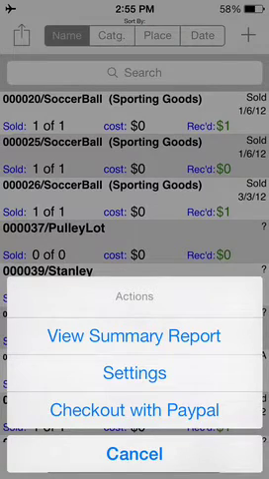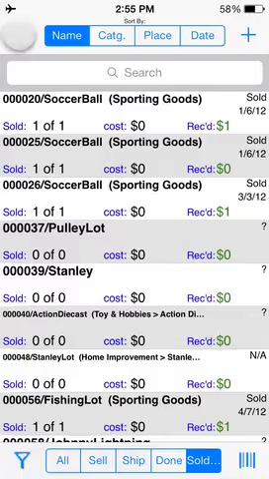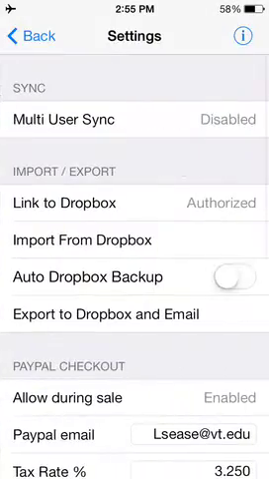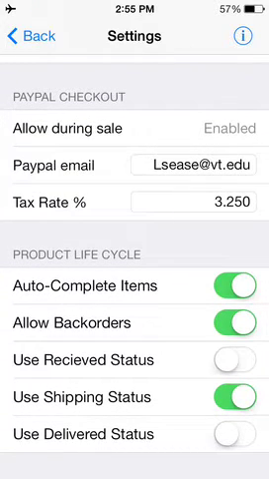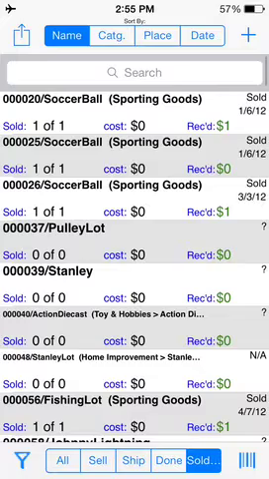Another interesting thing in Inventory Now is the PayPal Now integration. How that works is you come in here to the settings, and you need to enable it. You can enter an optional tax rate, and you put in a PayPal email. Now, in order to enable this feature, you have to download the PayPal Now application and go through some setup. Basically, you tell it what your PayPal account is, and once that's done, you can come into any item